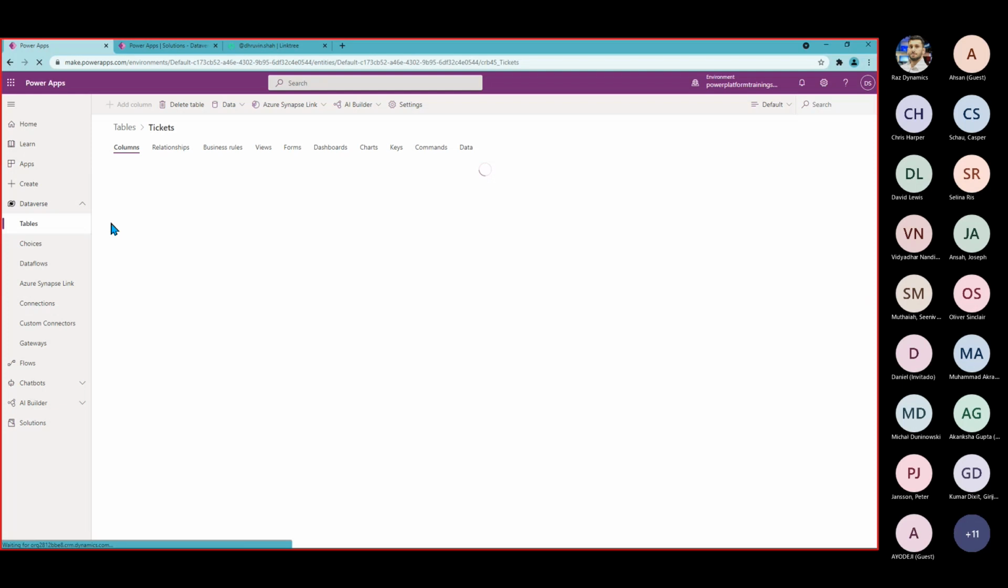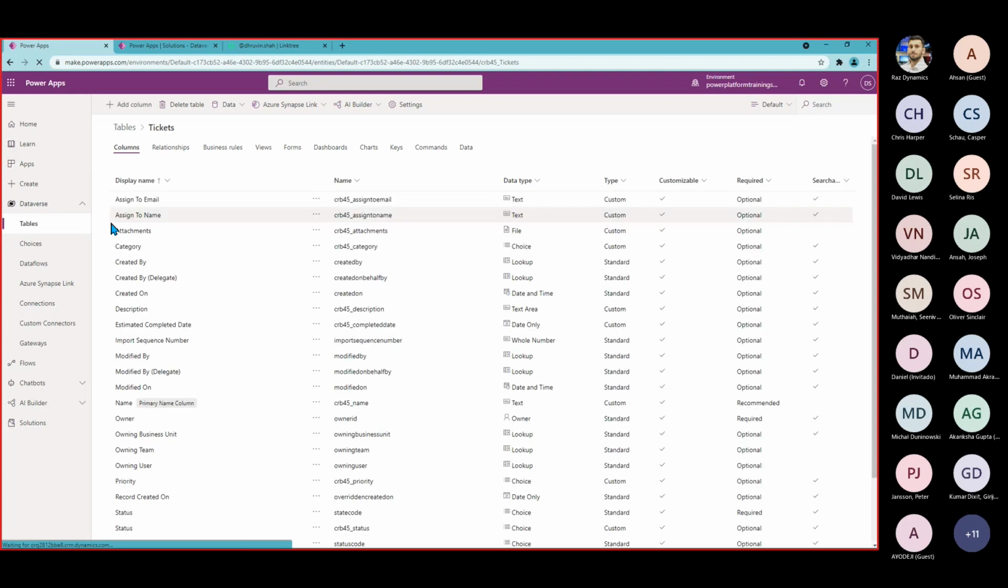Now, once you create your table, some system columns are created automatically. So even here you are able to see there are two types of columns. One are standard columns and another are the custom columns that we are creating. Standard columns are something like in Dataverse, whenever you create any table, out of the box fields are created